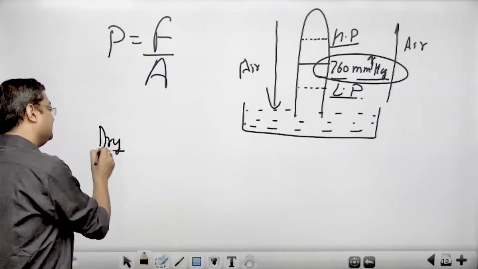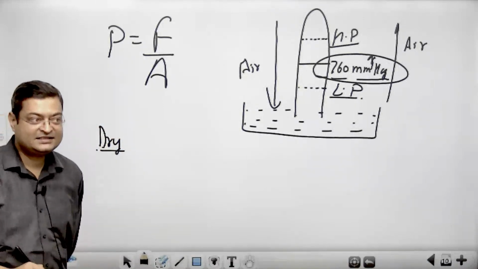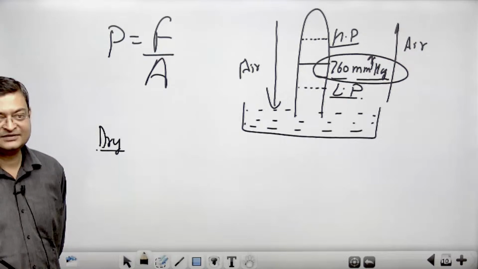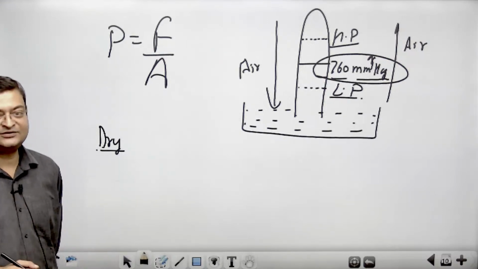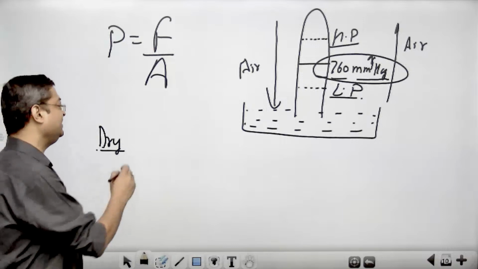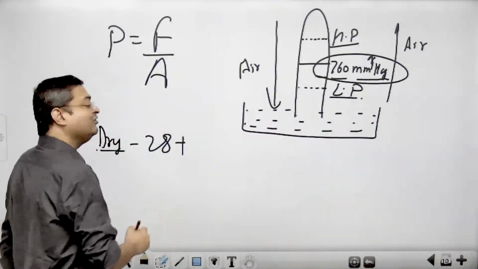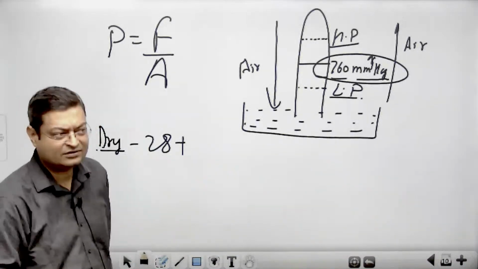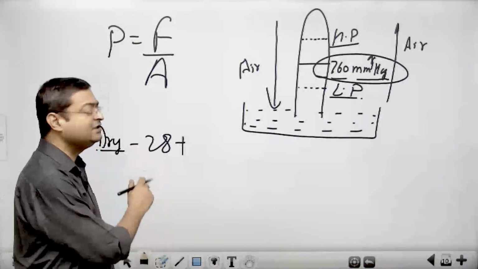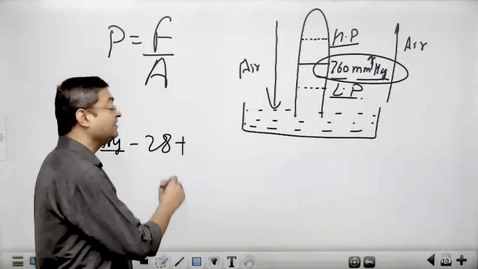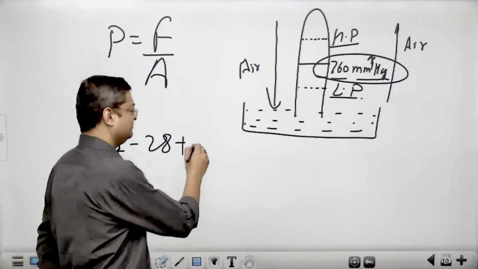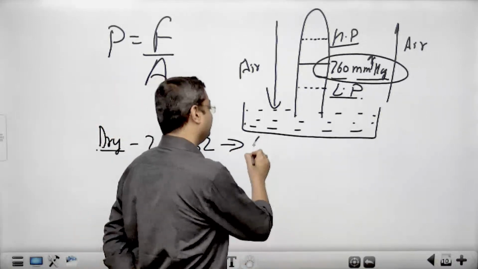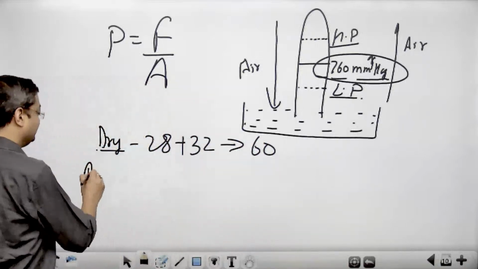Dry air, which is cold in nature, is going to have the maximum amount of nitrogen and oxygen. So what is the molecular weight of nitrogen? 28. Because 78% is your nitrogen and 21% is your oxygen. The rest are very small quantities. What is the molecular weight of oxygen? 32, O2 होता है. What is the total molecular weight? 60. Now come to moist air.